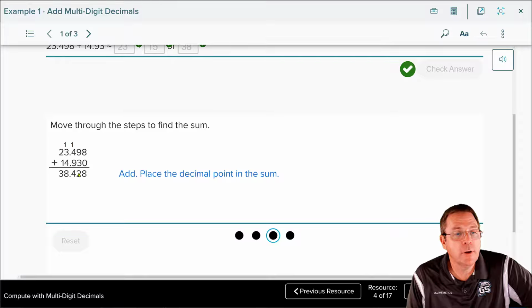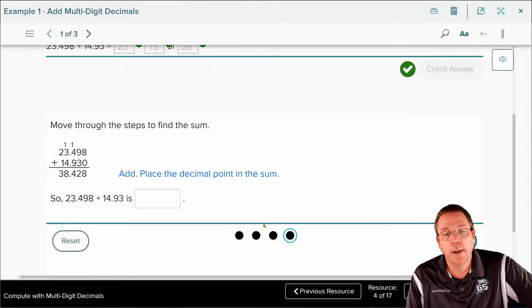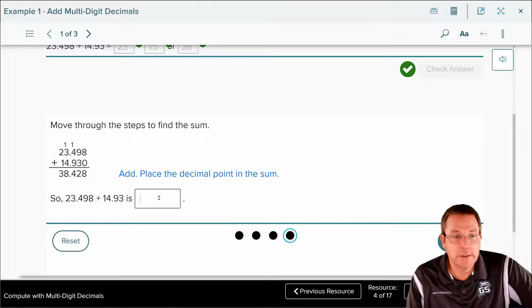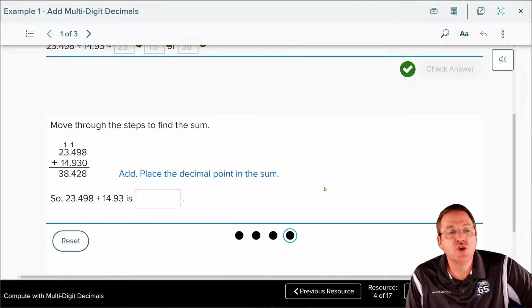9 plus 3 was 12. The 2 went down. They carried a 1, making that 1 plus 4 plus 9, which was 14. 4 went down, carried the 1. 1 plus 3 plus 4 was 8. And then, of course, 2 plus 1 became 3. From there, the answer is exactly what they ended up putting right here, so no reason to do it again. Be sure you're checking your answers, though, and be sure you're circling them so I know where to find them